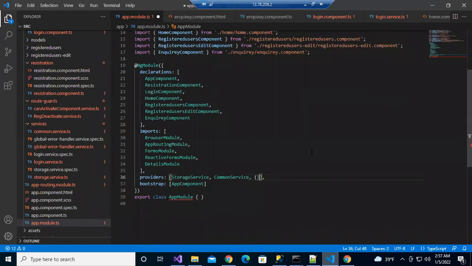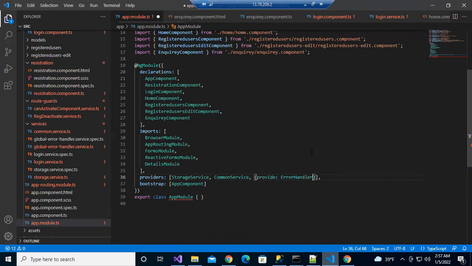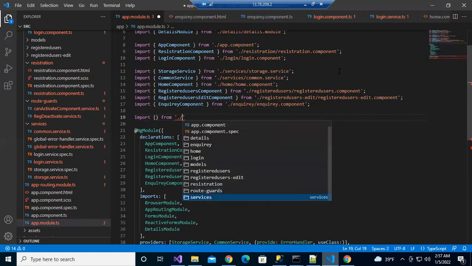Same in step 3. So provide ErrorHandler. This is the syntax we need to remember. Only one error handler will be there across the application. You don't have multiple. Next, for this, we need to import from dot slash services, right?